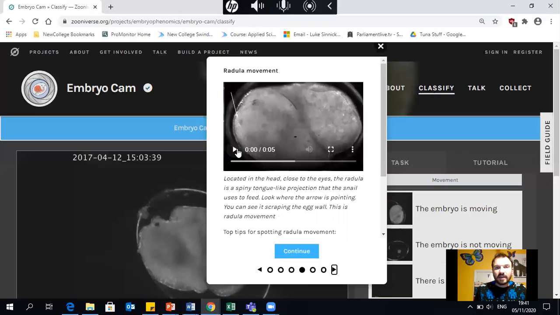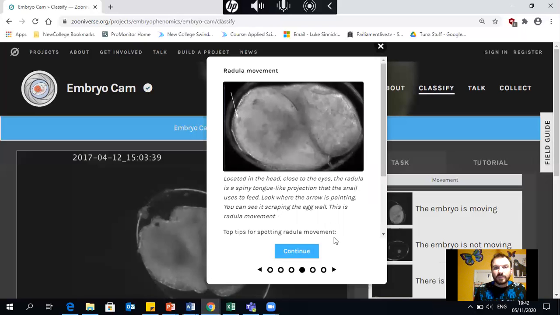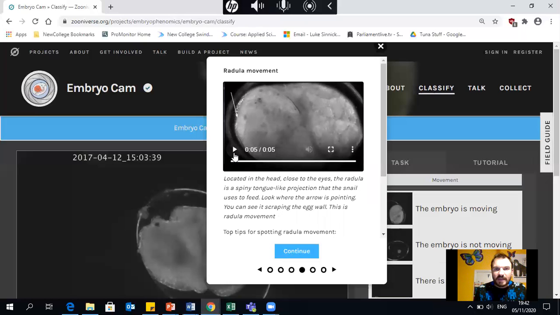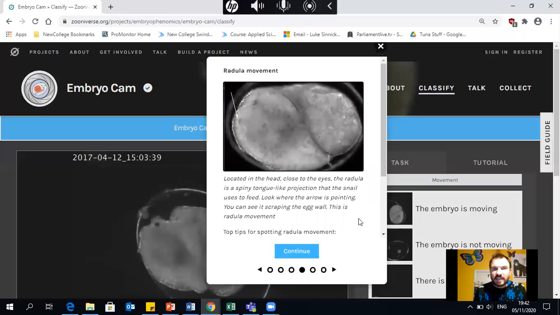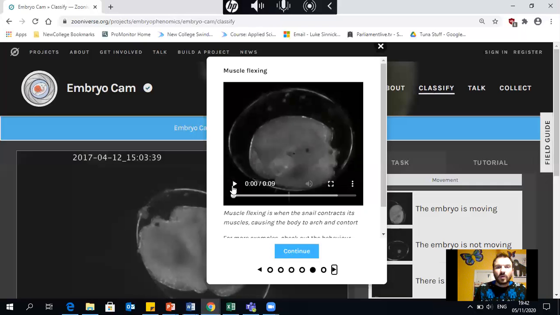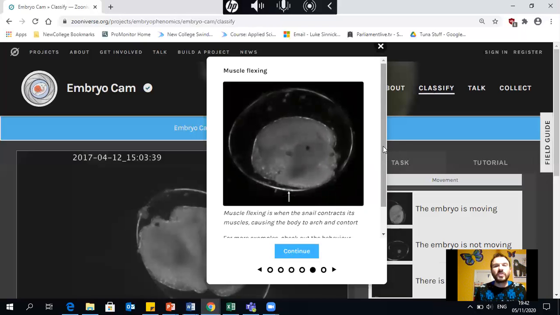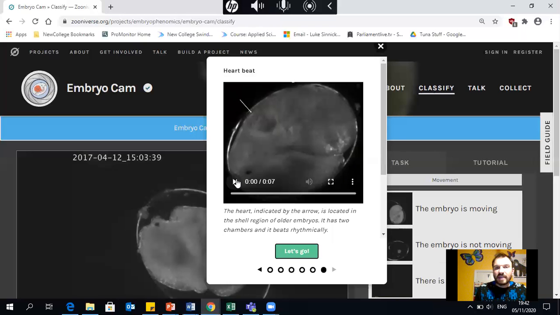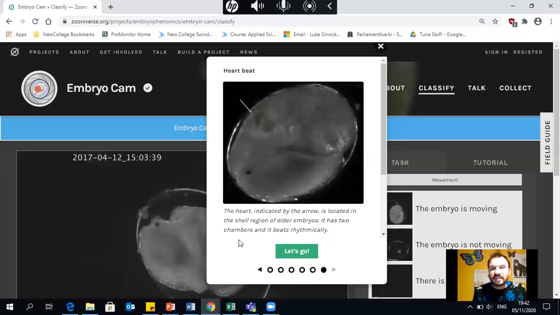You might see this sort of movement, where, depending on the angle, there's a little arrow to show you a tongue-like projection of the snail used to feed, and it's scraping at the egg wall. So you might see that kind of thing as well, movements of the radula. Or you might see it just generally contracting and flexing all of its muscles. So rather than a specific movement like crawling along, you might see the snail doing that as well. And finally, in most of them, you can actually even, incredibly, see a tiny little embryonic snail heart